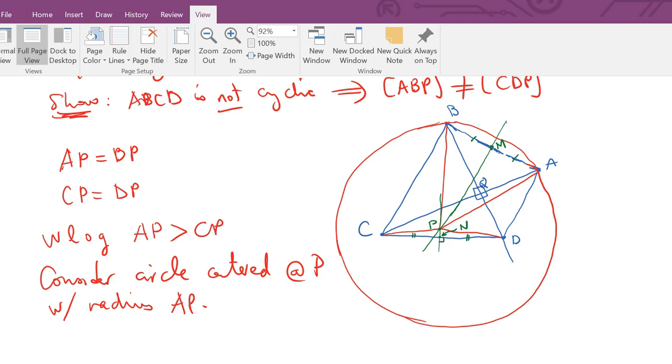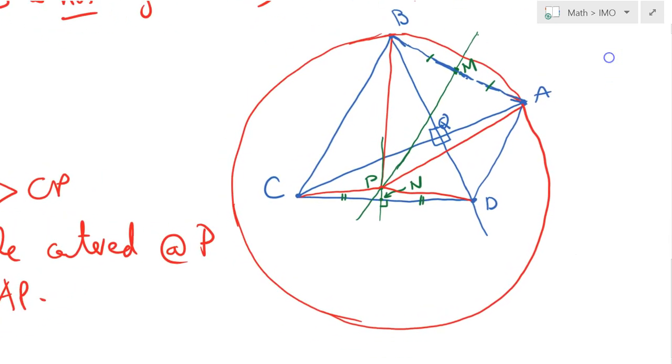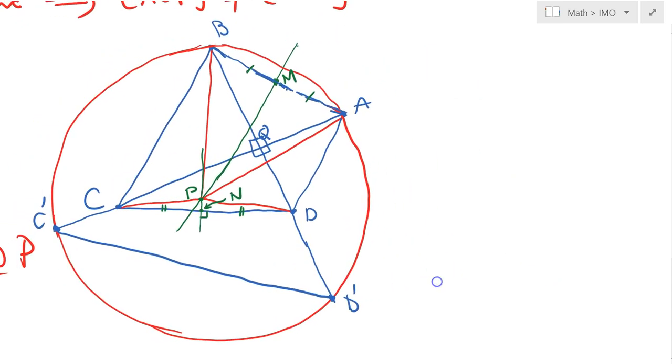Now, first of all, let's go back to the big size. So I will extend AC, and I will call this point C prime, and I will also extend BD, and I will call this intersection point D prime. Now, by the way, let me connect C prime and D prime as well. So I would like to make a couple of observations here. Actually, from now on, I will just make use of this picture. Notice that